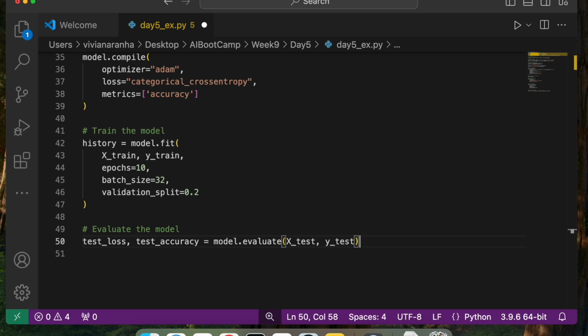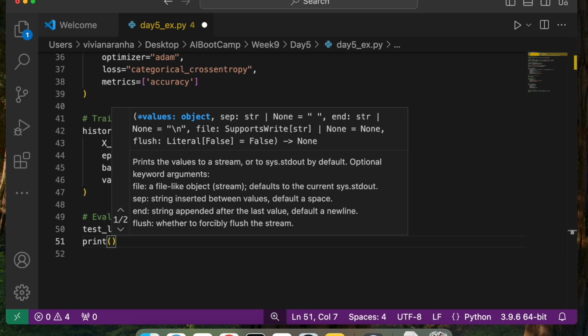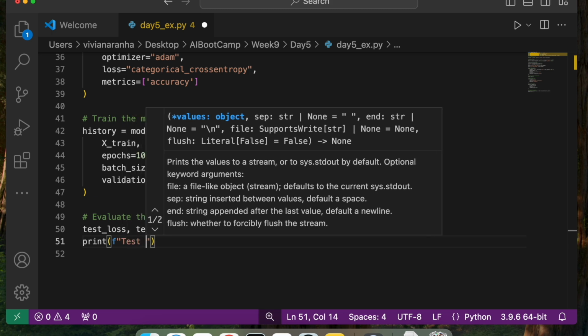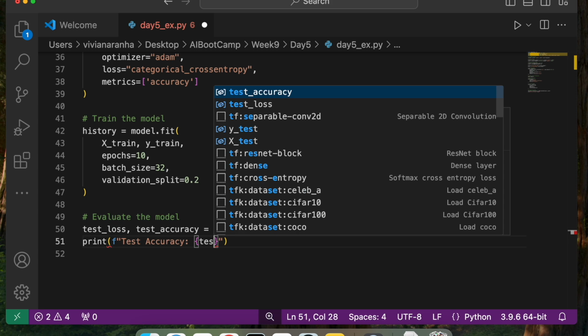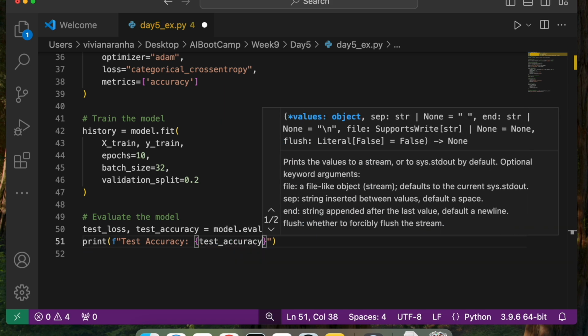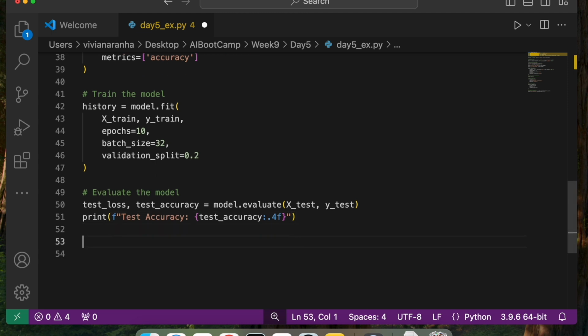It's pretty straightforward. We just call model.evaluate, and I can now print the test accuracy, test_accuracy, with format 0.4f. Perfect.